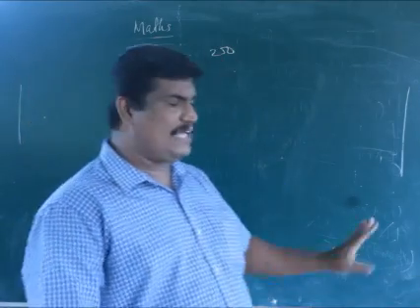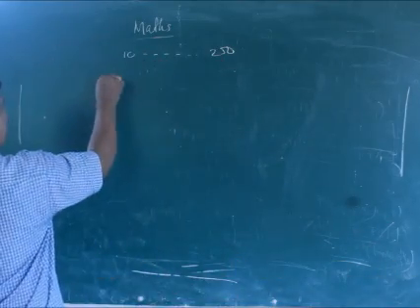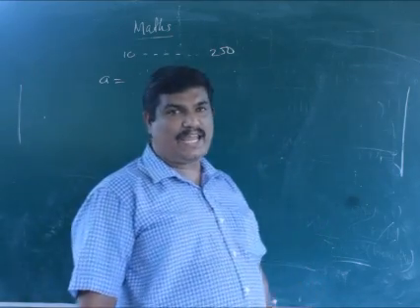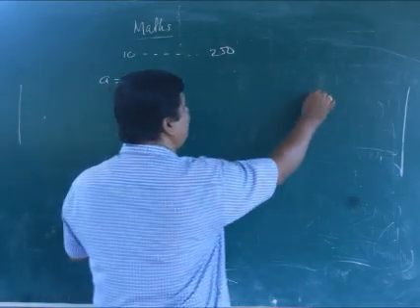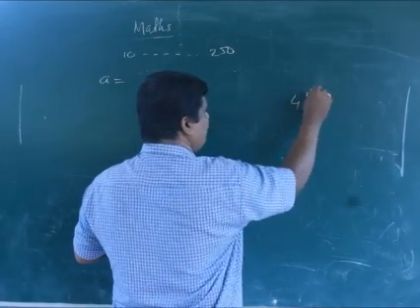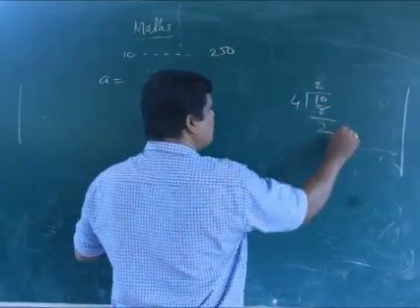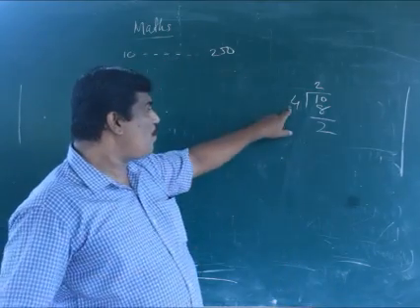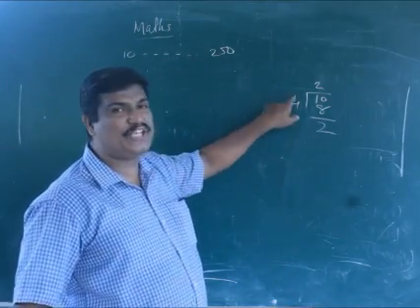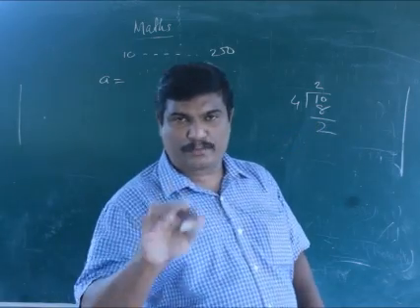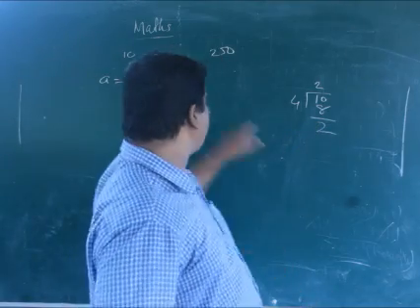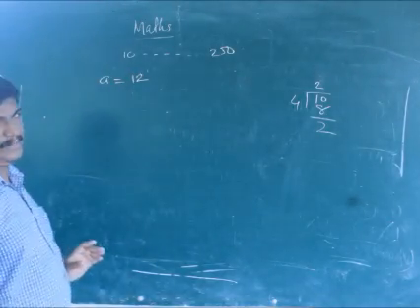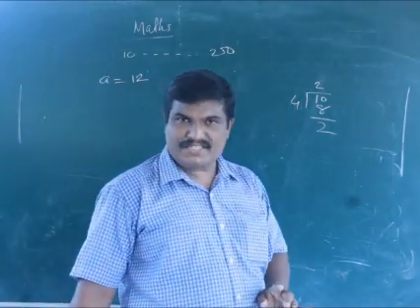Okay? Easy. First find out A, the first term, then find out n. All of you know the format. First, 10 is divided by 4. 2 4s are 8, remainder 2. Next step, 4 minus 2 is 2. That 2 is added to 10. 10 plus 2, that is 12, is the first term. Clear? All of you know this?